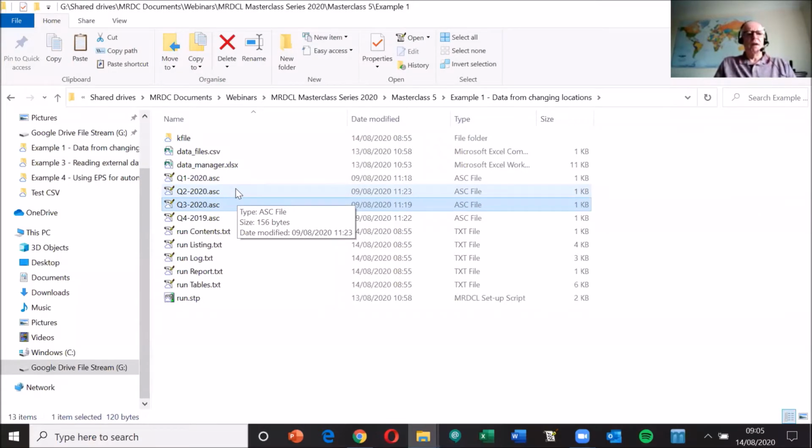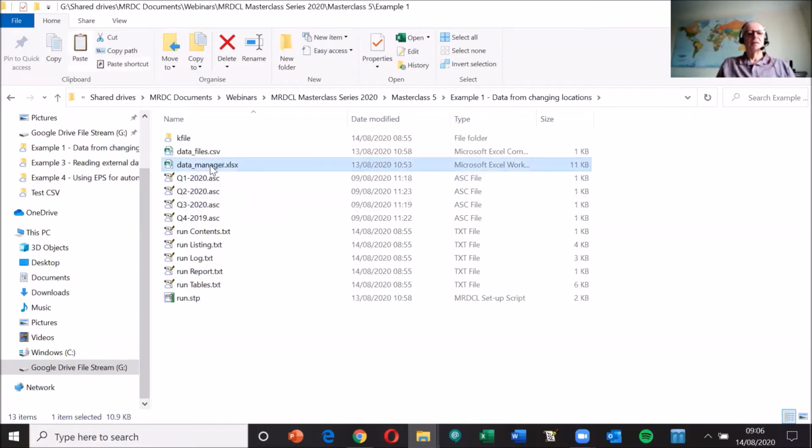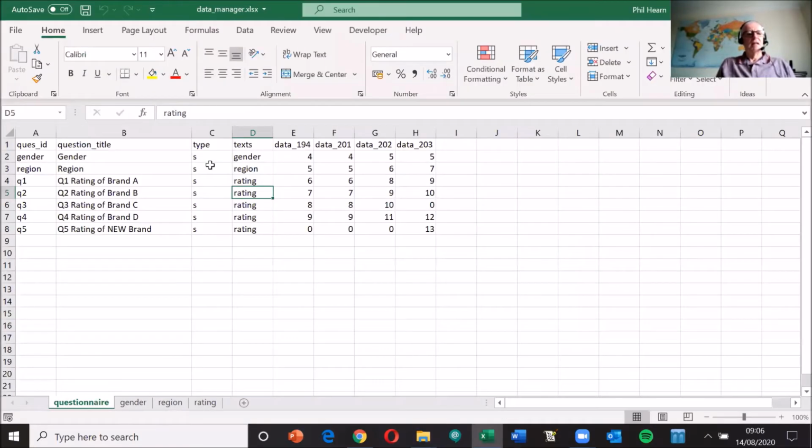And the problem we've got with that is that the data within each of those changes each time. What I've got ready prepared here is a spreadsheet that contains the changes for each of those files, the differences. So what we have here is a spreadsheet that I've prepared in advance. And you can see the main thing that I'm doing in here is specifying the variable, giving it a title, saying what type of question it is, single or multi,